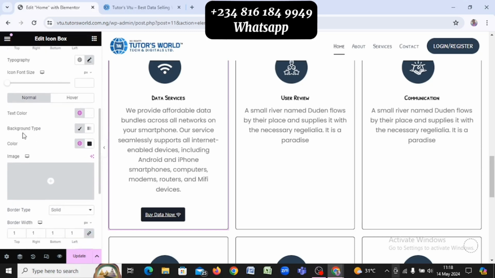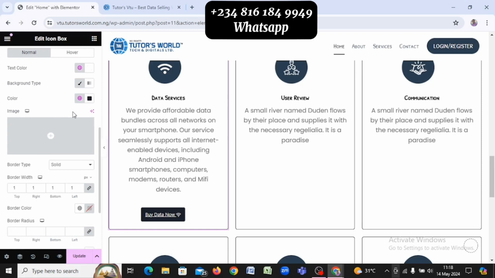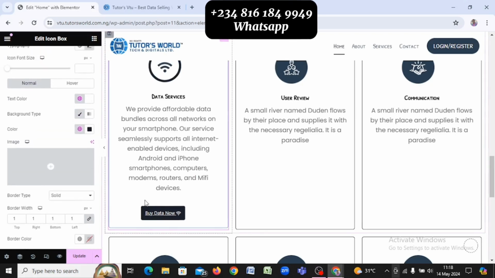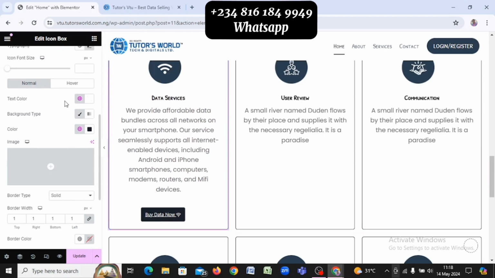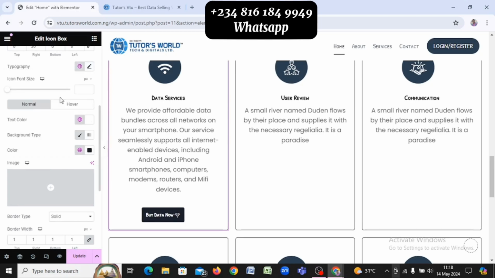Text color. Let me change the fonts. The font, the text, then the font. Let me see, over is okay. So the text, the typography, I want it to be, yeah. So now that we have that,